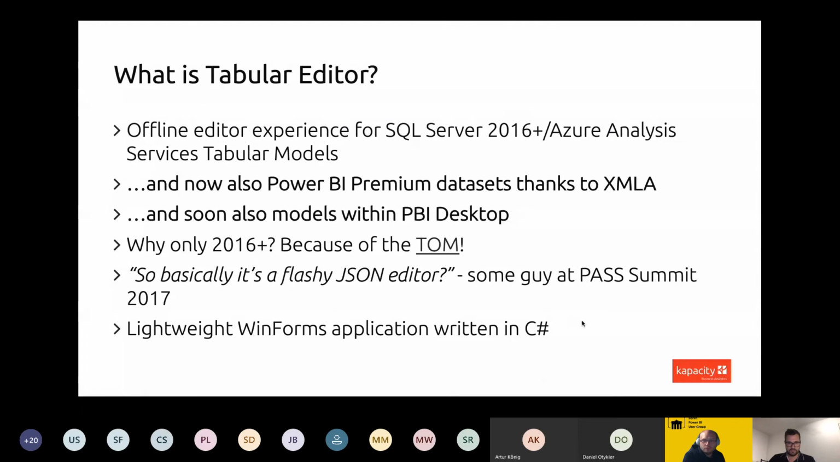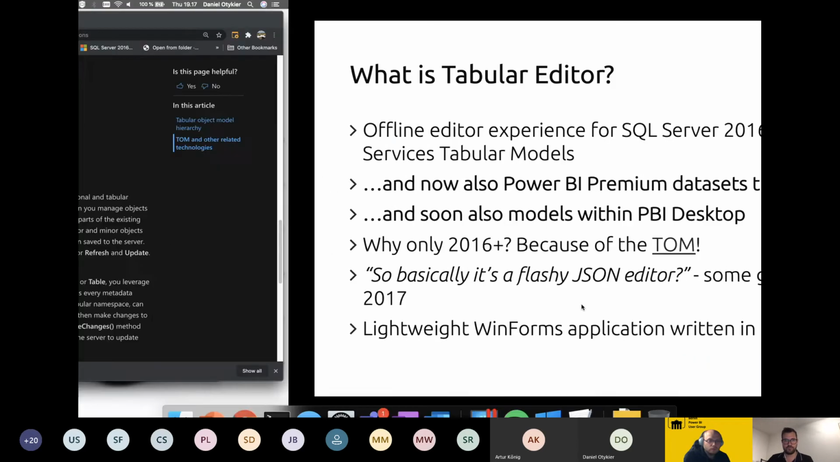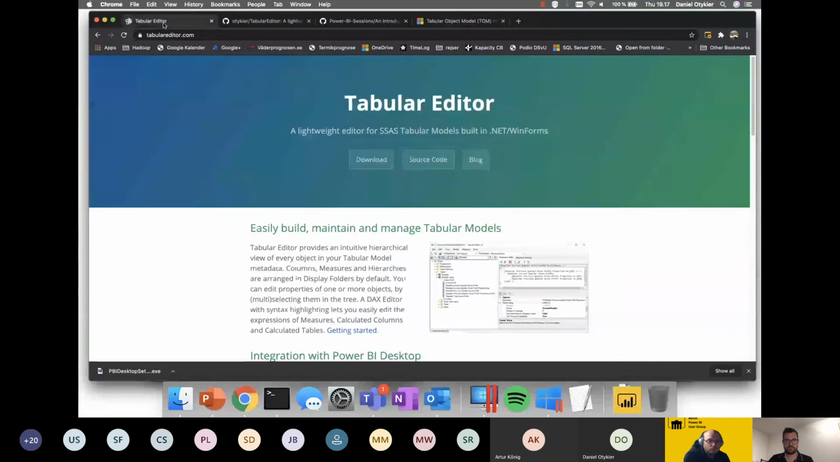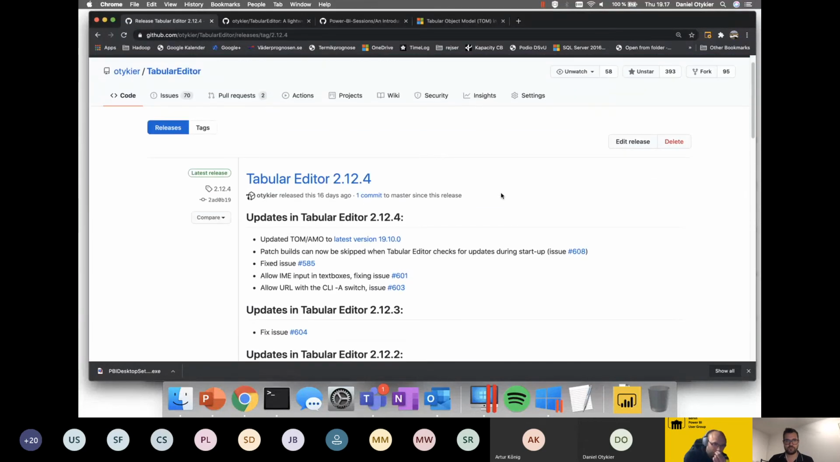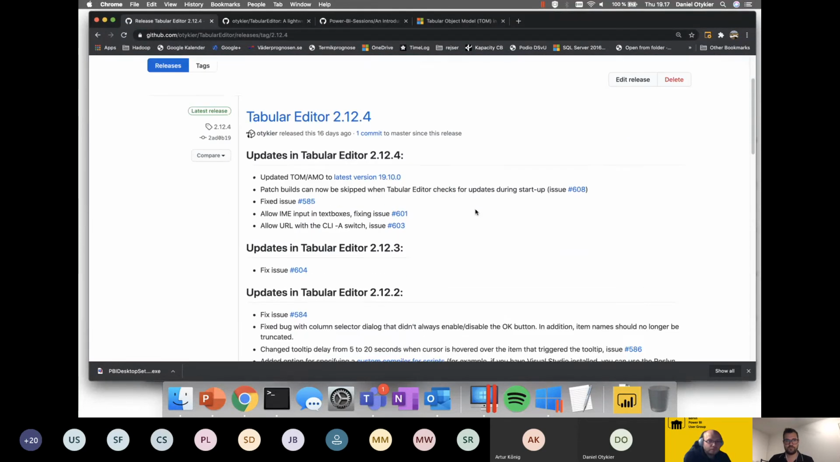The tool itself is a WinForms application. For those of you who know programming in .NET and C#, it means it's a very lightweight application. The download file itself is just 3 megabytes, and you can download the file off of GitHub. So if you go to tabulaeditor.com and just follow the download link, you'll be taken over to the GitHub page